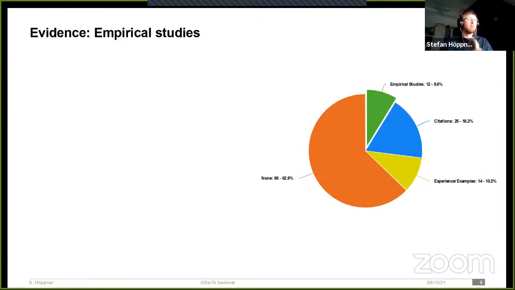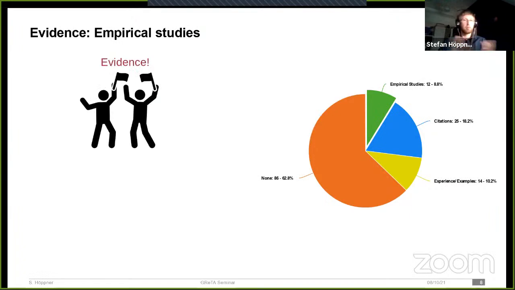Okay, first up, empirical studies. Empirical studies are generally great. They provide evidence and substantiation for whatever subject we're trying to investigate. And they also provide context. So they provide the context that is necessary to understand when these claims actually hold and when they might not hold because the empirical study didn't cover that or something like that.